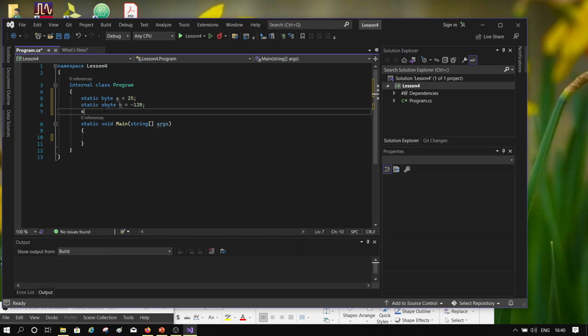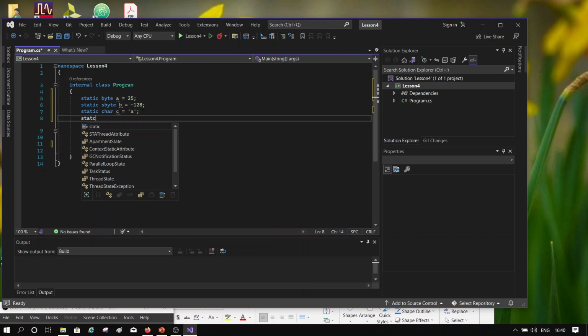Okay, now static, you have got char, and the characters are usually inside single quotes. Like I can say single quote a. Now this is a Unicode character, but let's see if it is Unicode. It says UTF-16, right? If it was UTF-8, then it was an ASCII character, right? So that's there. Now besides char, I can also put here static, let's say int,